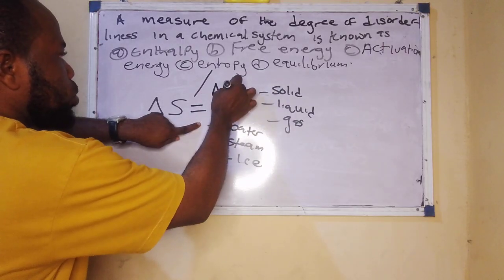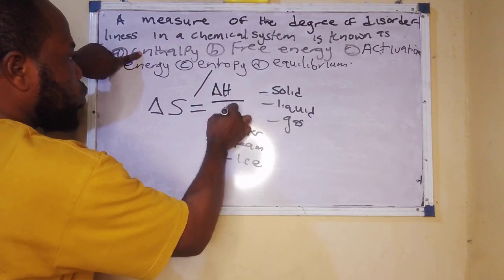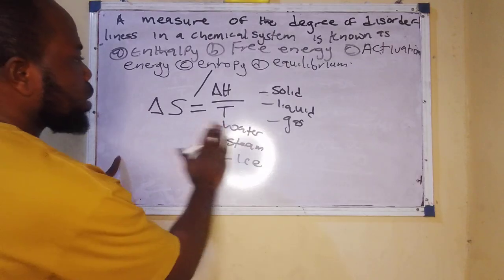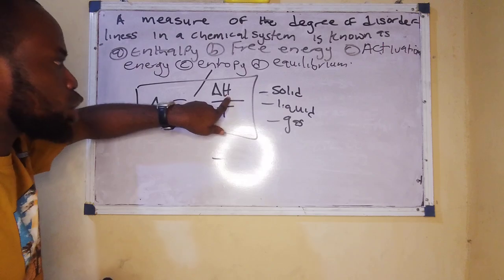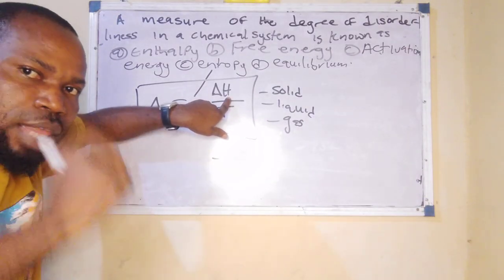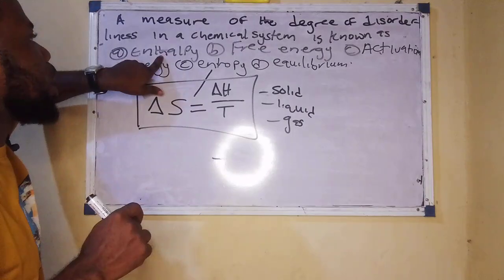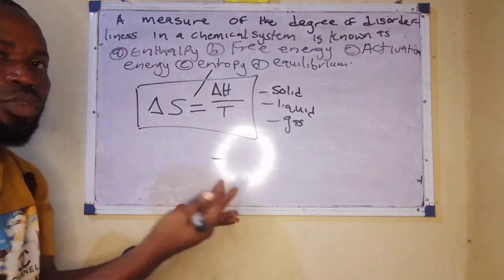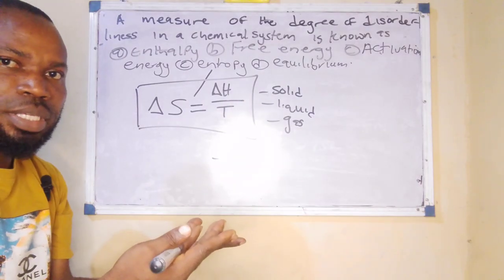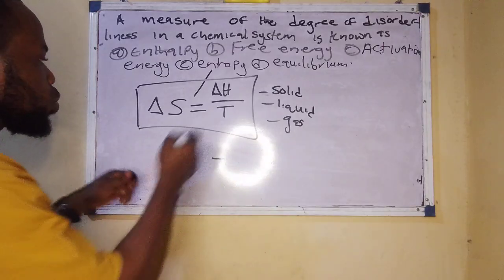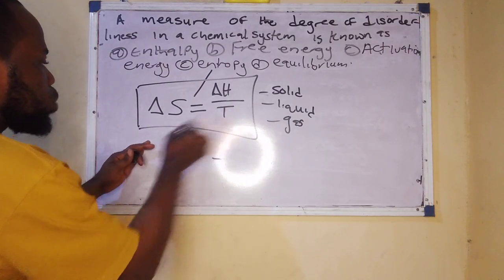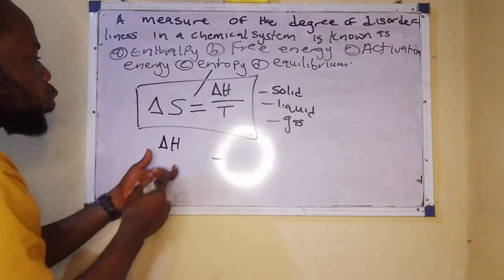delta H, which is taken to option A, over T. Now the T here actually stands for temperature, while the delta H stands for enthalpy change. Now what is this enthalpy? Enthalpy means the heat content of a chemical reaction. So you can simply say the heat content of a chemical reaction is known as enthalpy, and it's represented with H. So if I now say delta H, I'm referring to